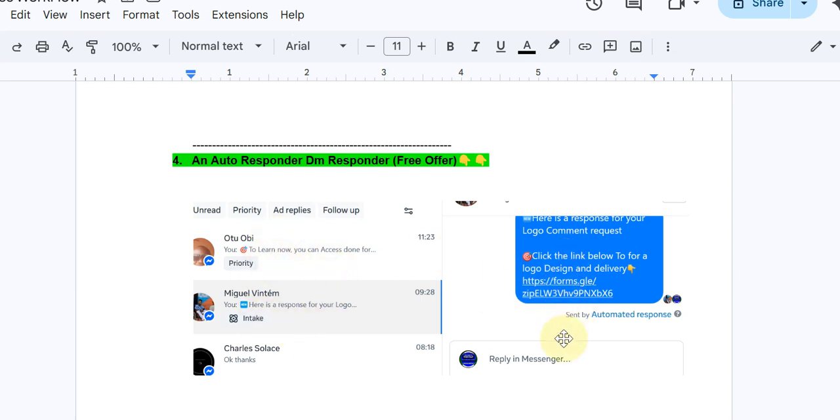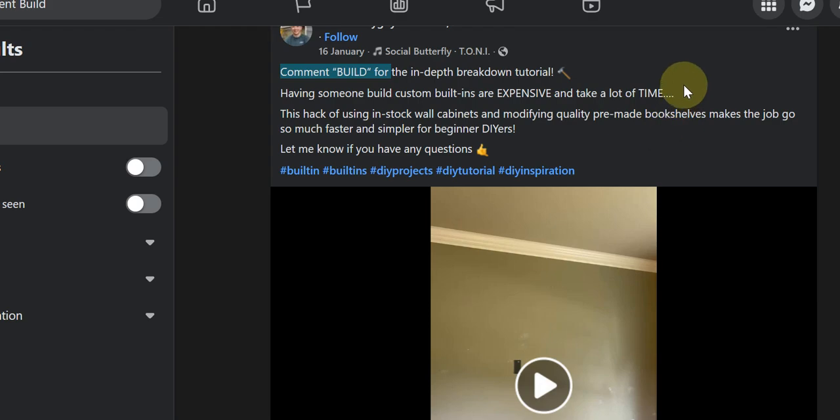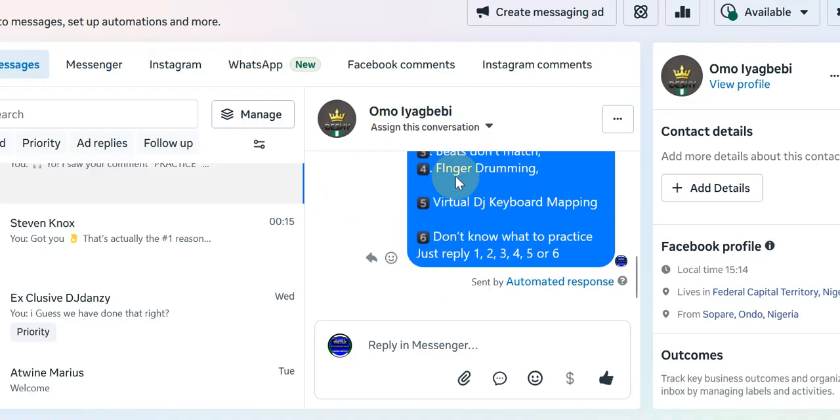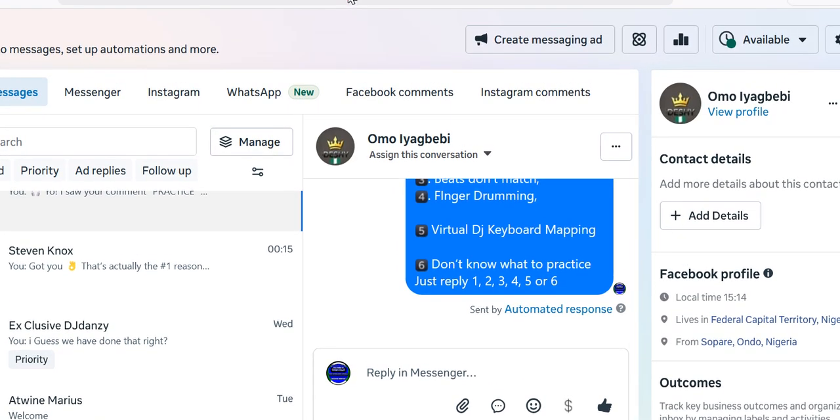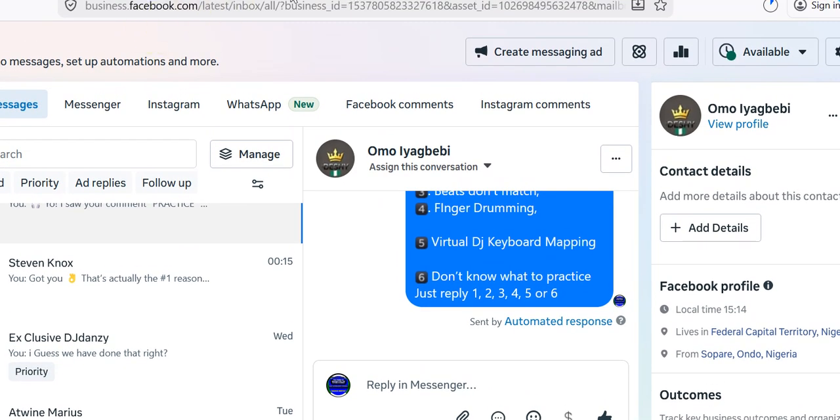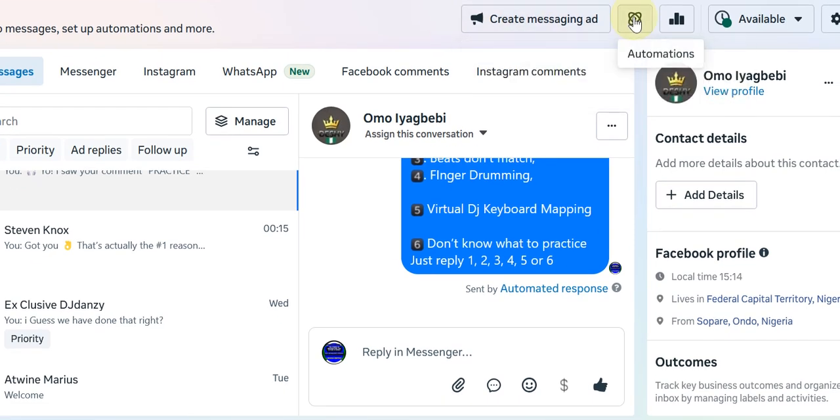How do you set up the system? Let me go on Facebook to show you now. You go on your Business Suite, which is the business environment, that is business.facebook.com. If I come up here, you can see business.facebook.com. Then you come to this particular point that says automation. When you click on this automation,